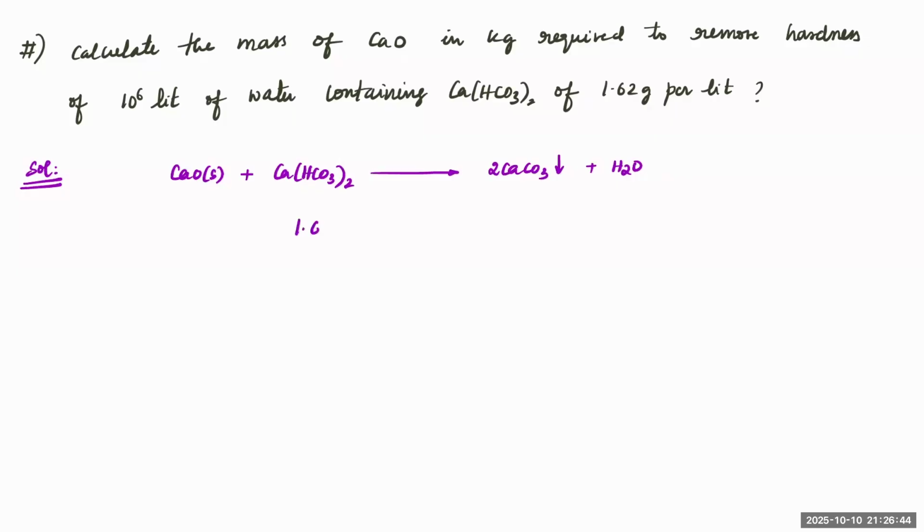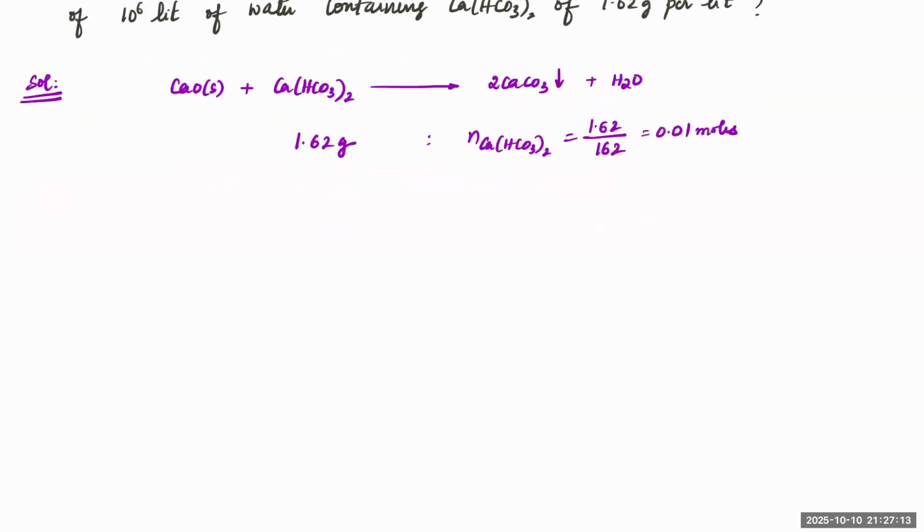1.62 grams. Correct? And using this, you can first calculate the number of moles of bicarbonate. So calcium bicarbonate is equal to 1.62 by 162, where 162 is the molar mass. So it is 0.01 moles. Okay. So the number of calcium oxide